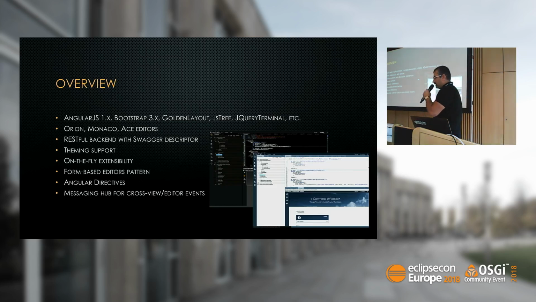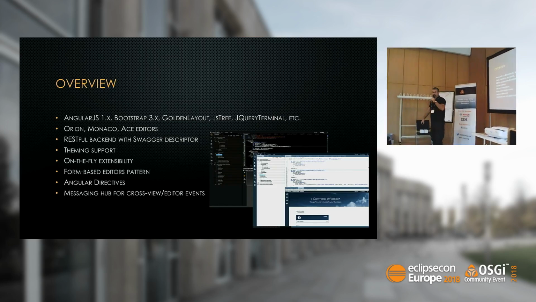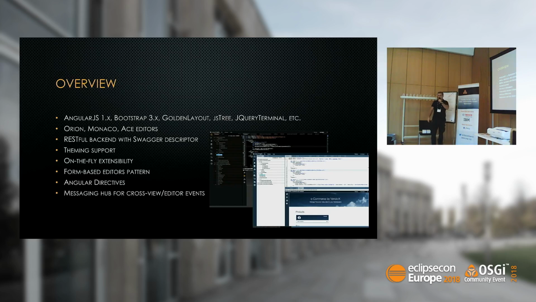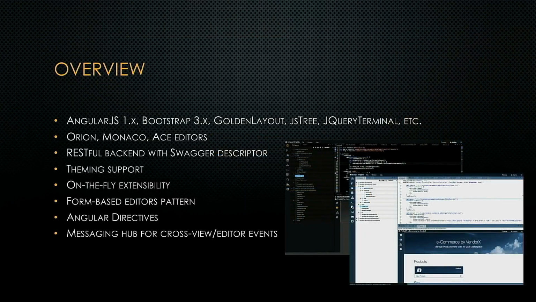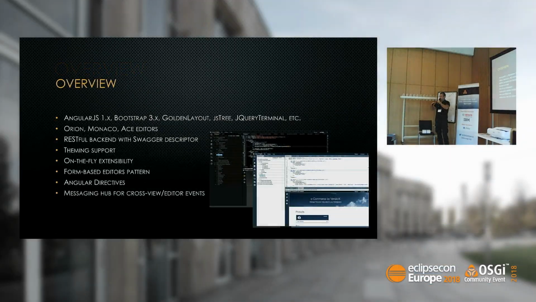Okay, so let's start with the overview of the Eclipse Dirigible WebIDE. So what is new? In the previous version, we were based on Eclipse RAP, if you know that project. So it's just Eclipse SWT, JFace APIs that are rendered in the browser. And Dirigible was something like a Web Eclipse. But at some point of time, because of the complexity of the Equinox, Maven, Tycho, or CI around this, we received feedback and we decided